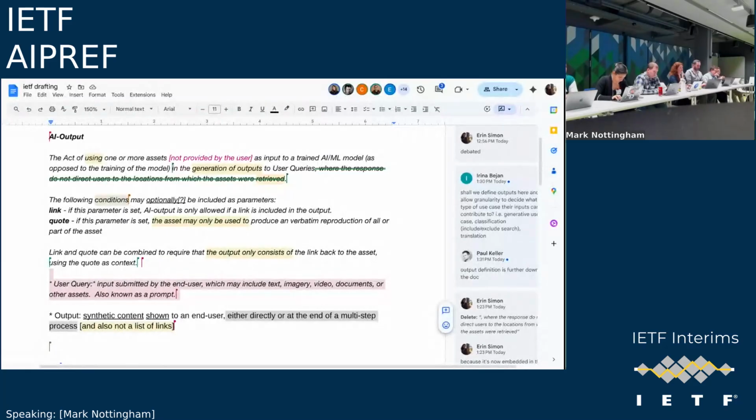That definition is a tiny bit circular, but it is input submitted by the end user, getting at the notion that there is a human being making a request somewhere. It also says that it is content type neutral, so the request can be in a form that is not necessarily a typed out question, and it can include assets. So if the user is supplying content to the model, that would be outside of the scope of this permission or preference.